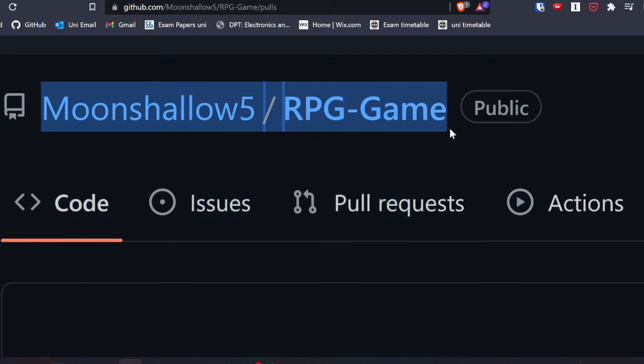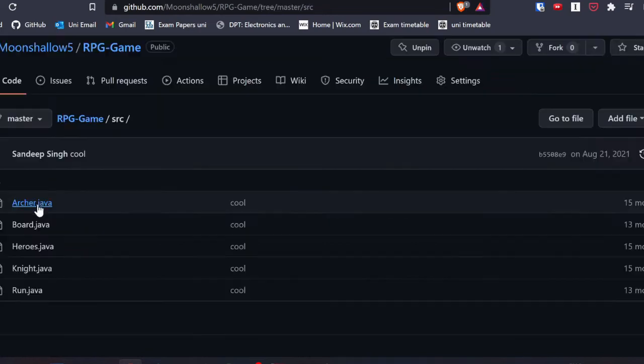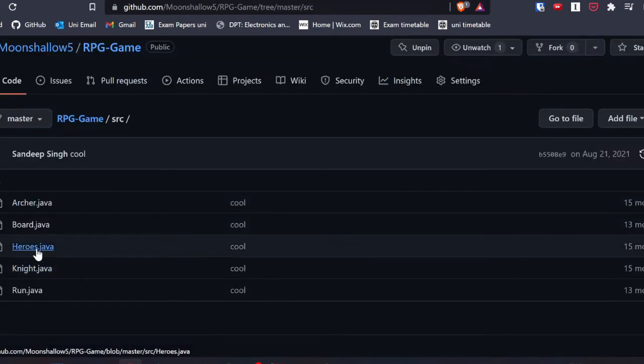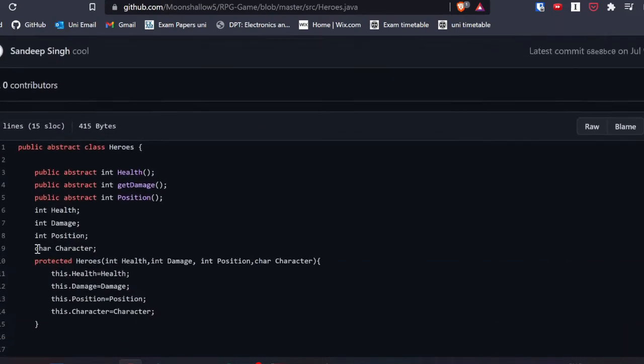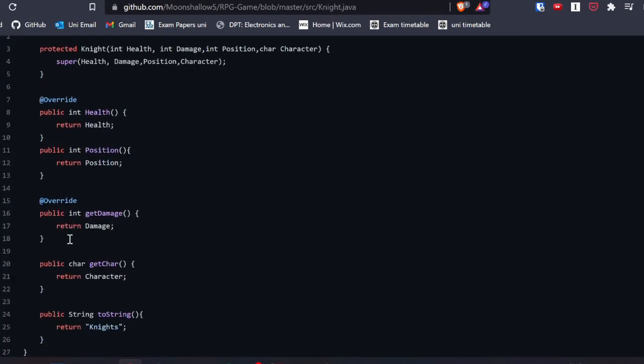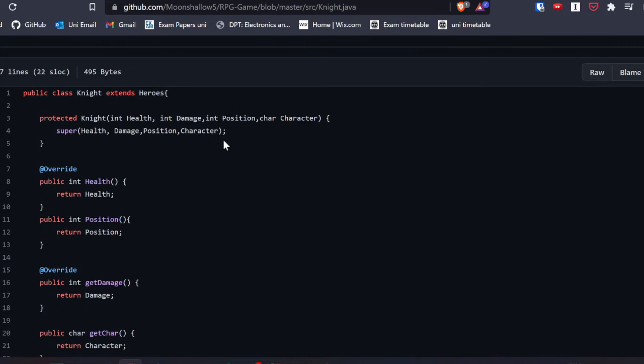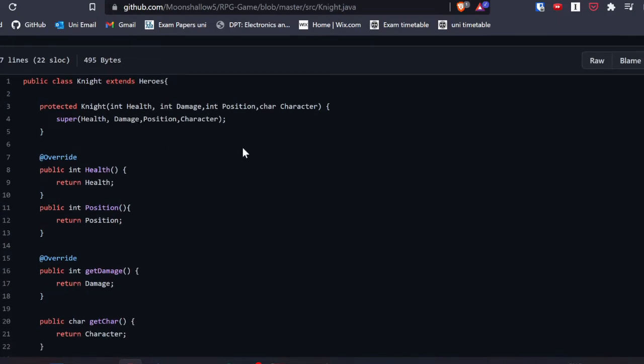And after that class was over and during holidays, I then wanted to make my own game. I made a sort of RPG game, and this game allows you to pick a character. So you can pick a knight, you can pick an archer and all that. And you pick the character and put them on a table. The game will play by itself. One character will attack the next and the health will decrease and so on. The game ends when one player is left standing, and the player which is left standing wins.